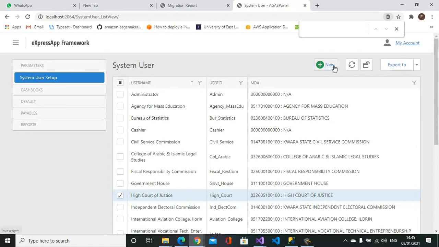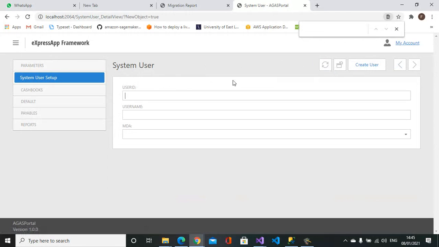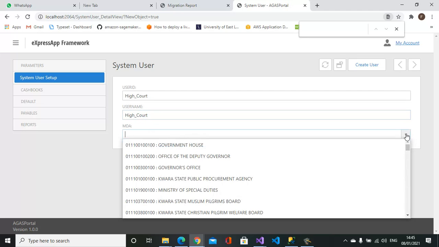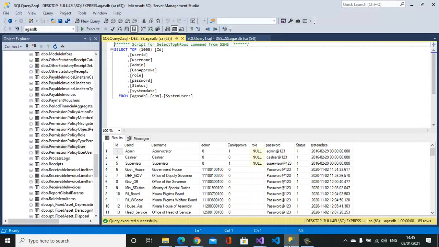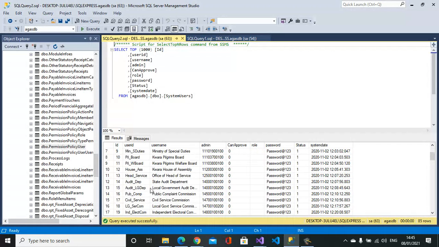So I'll go to new as if I want to create the user for the first time. This is how you create users normally. But if the user is already existing as a user of the desktop application, what the system does is that it will commission the user into using this portal. So from the technical point of view, what happens is this user that I'm planning to create now, which is High Court user,